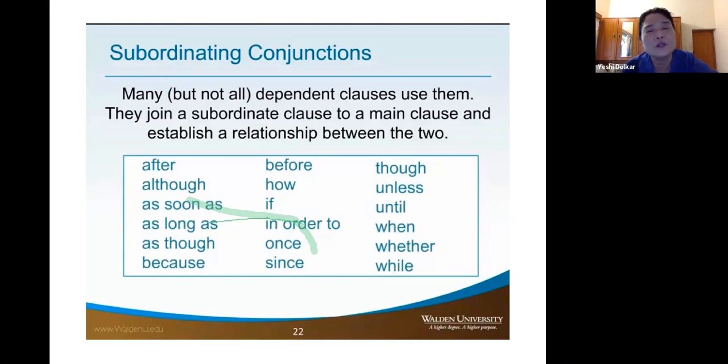Okay, so when you put these words, they make the whole clause dependent. All right, and which means that you have to join it with an independent clause. Okay, and then you will get a complete sentence. So it becomes like a conjunction also. The conjunction to which